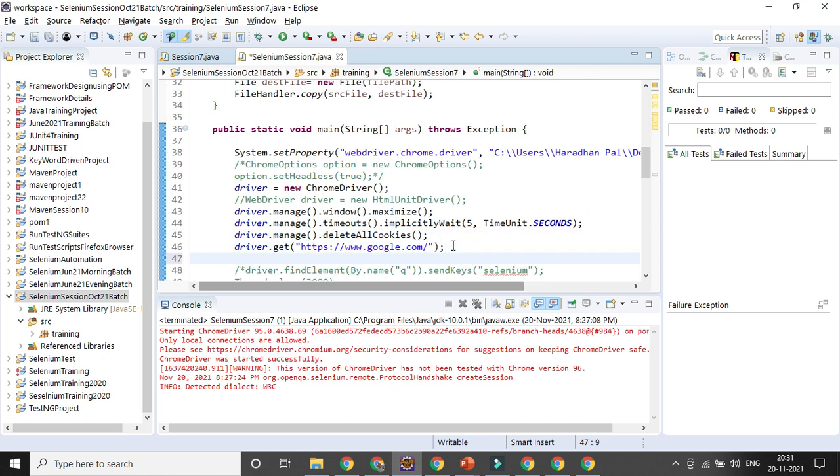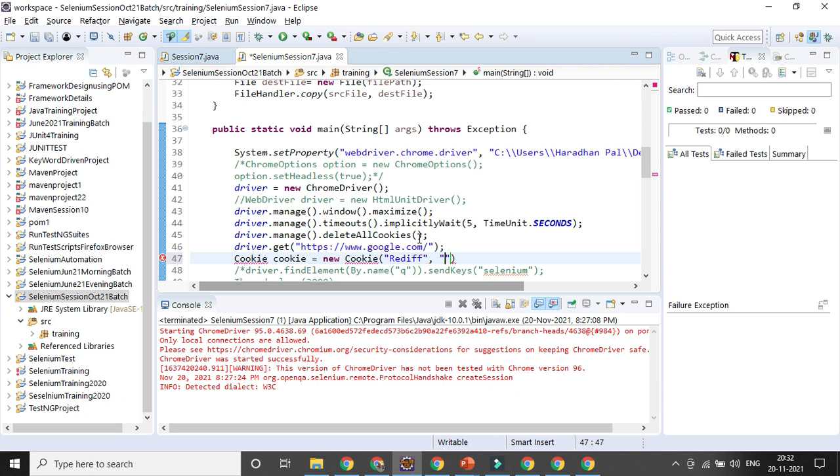If I want to add a cookie, I need to create an object for the Cookie class. Cookie equal to new Cookie, and here I can give it in HashMap format, key and value pair. Suppose I want to give something called rediff as my key, and the value is the URL here.